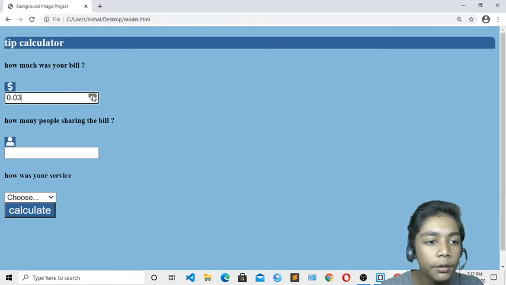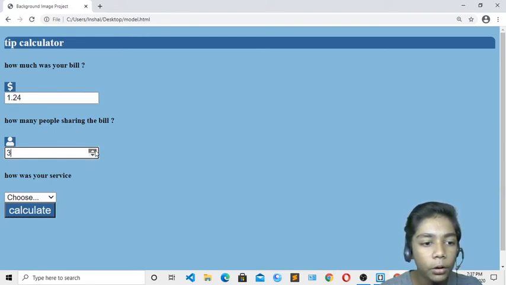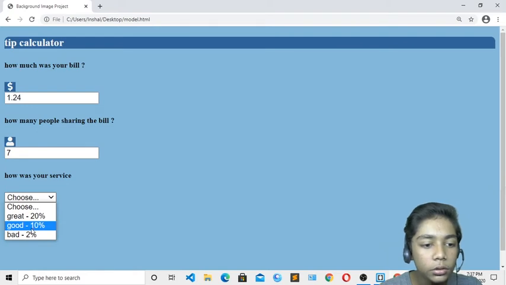And now here you can see, if I press here, it is going forward and less than. And now if I show you, you have to keep pressing that till it goes to 1, okay. Here it is gone, and if you press this, here you can see it is going back, but I want it to go forward. So I will change it to 7, and choose the service which I want. So here I will choose the 10%, and I will press calculate.